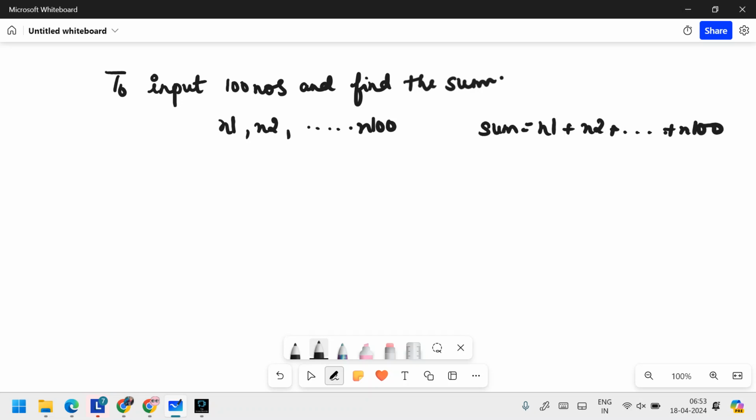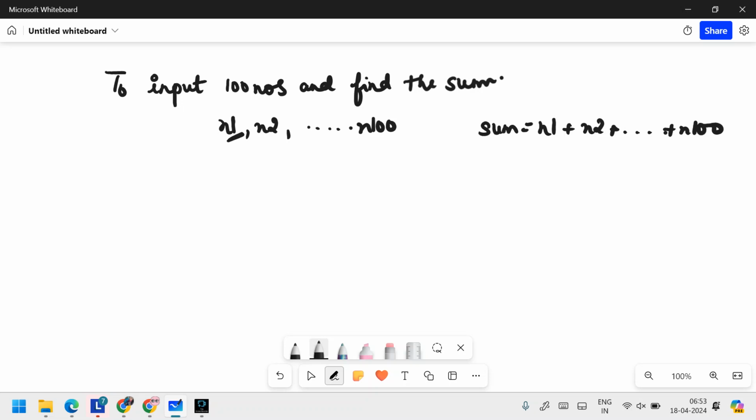That was for 100 numbers. What if it is 1000 numbers or 10,000 numbers? It's the same thing. These are all integers and I have to find their sum. Now, imagine the time and the space it will take to input these numbers, to declare them, to find their sum and all that. The time is going to be a lot, correct? Because for a computer, even a second is a big thing.